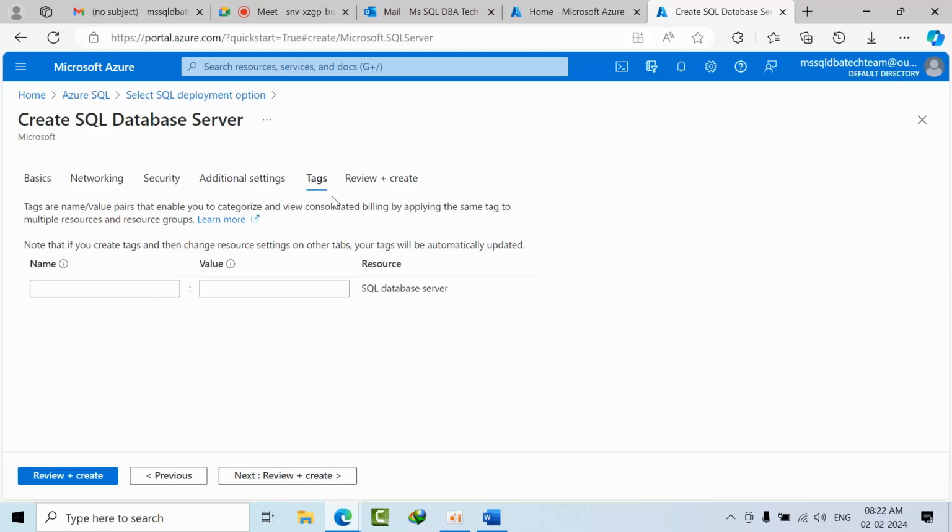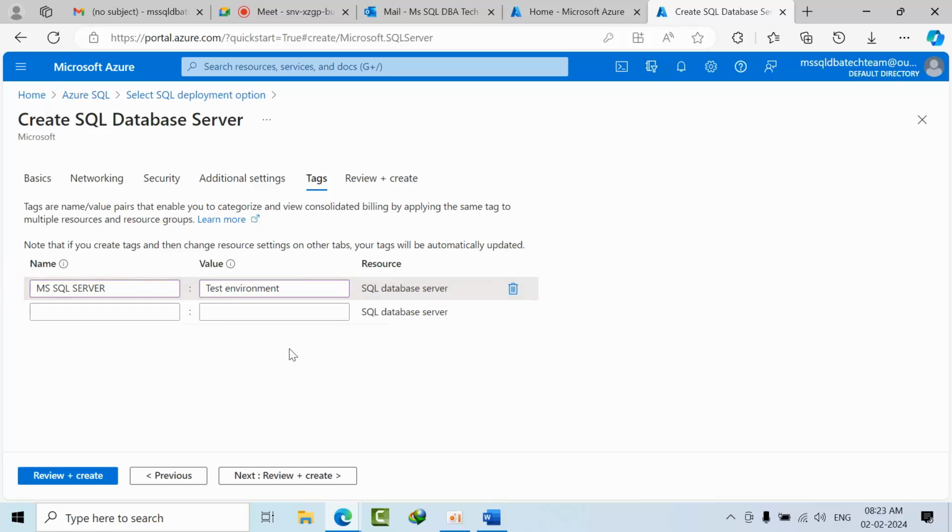Now tags are something we use for identification, to see what this SQL server is. I will type ms SQL server, and the value is test, a test server, test environment, for our identification purpose only.